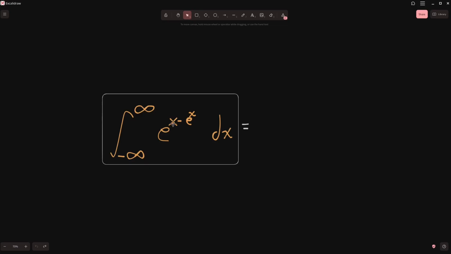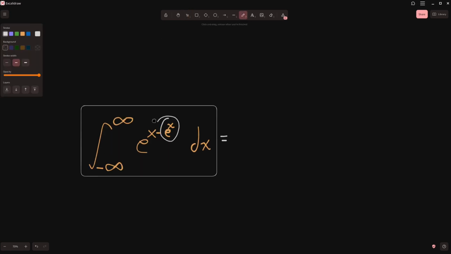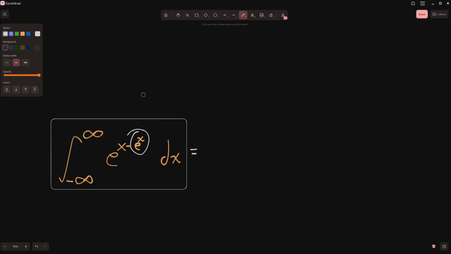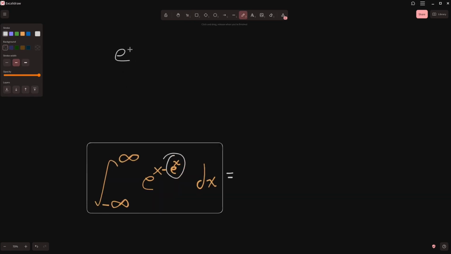Hence we have the limits of the integral tending to infinity. We can break down the integral, so I'm going to split up the integral into two parts. And first off, I'm going to focus on this expression to use substitution. So I'm going to name e to the x equals u,